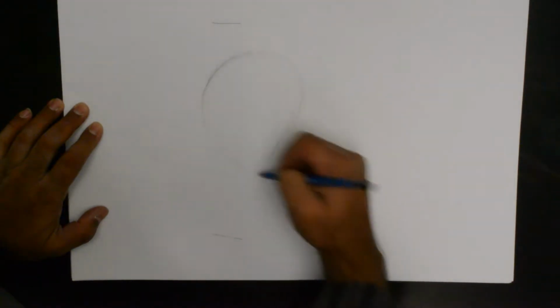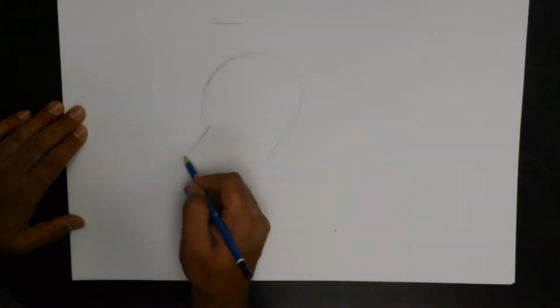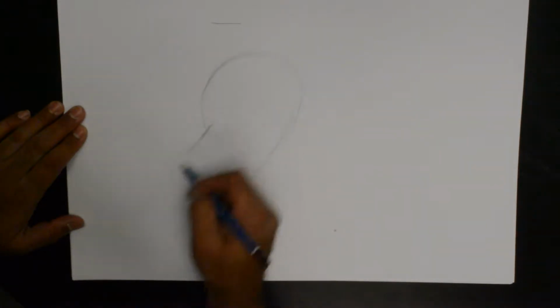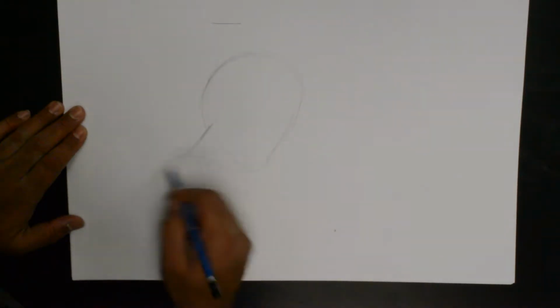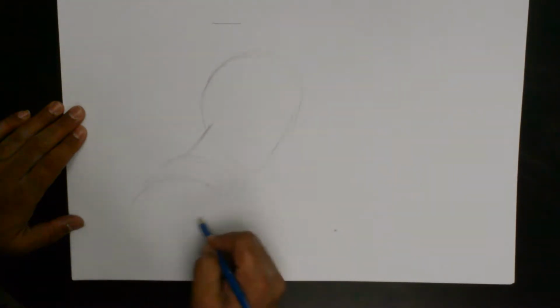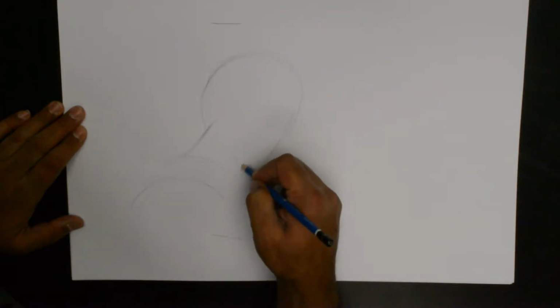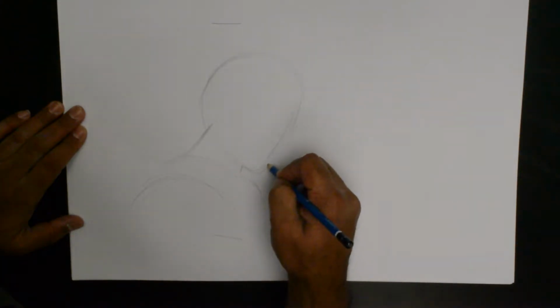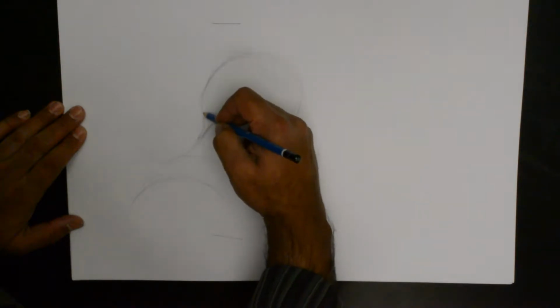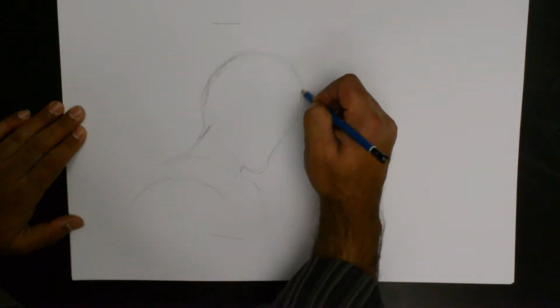And we'll draw an X shade because I'm drawing him looking to that side. So that is the head, the neck, and then we have the shoulder right about there. Chest will be somewhere there. Okay, so